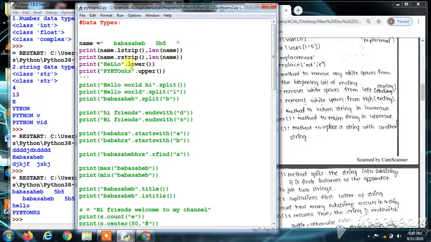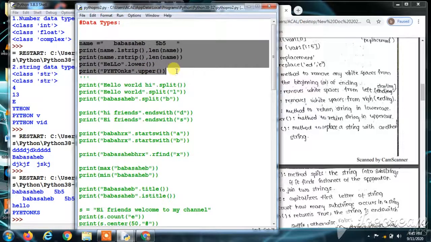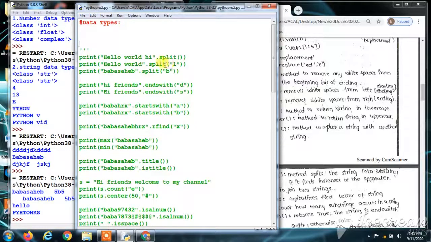For uppercase I gave hello here, so it's going to change the small letters of hello to upper case in Python. Okay, I'll remove this. I'm going to remove these apostrophes here. Okay, next one I gave